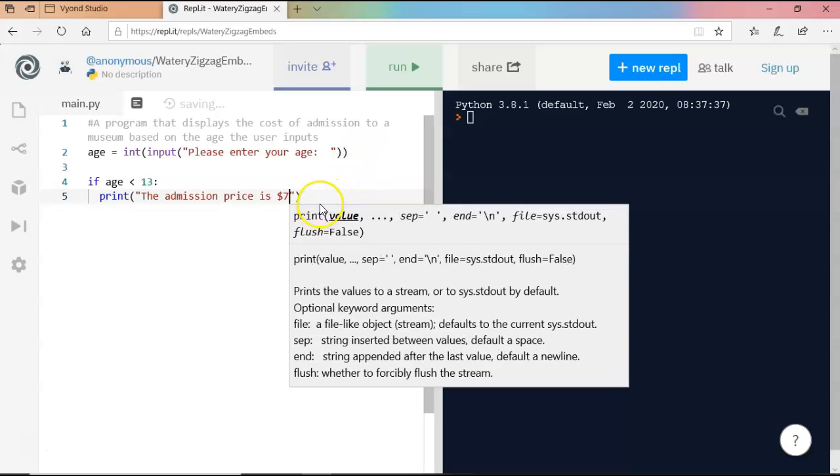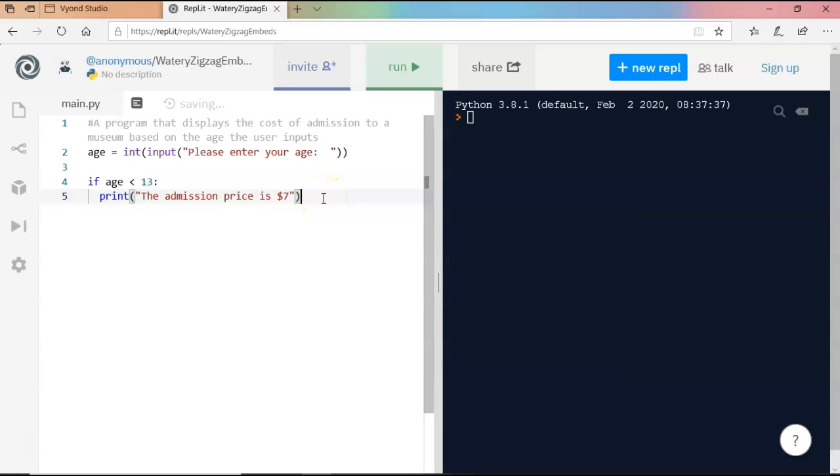Okay, so if the child is 12 and under, the program will print out the admission price is $7. Now, we're going to write elif age is under 65. So if age is less than 65,